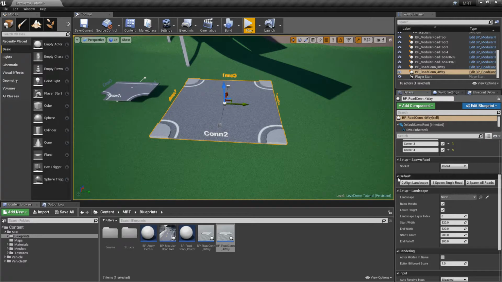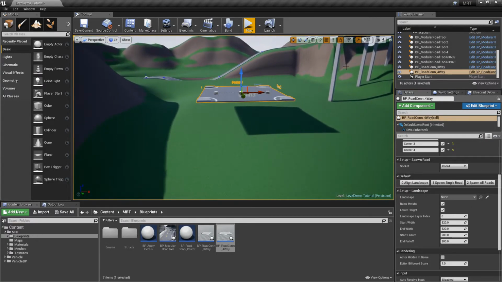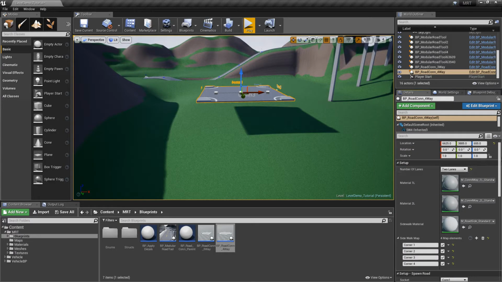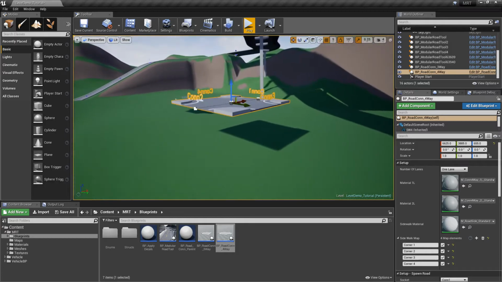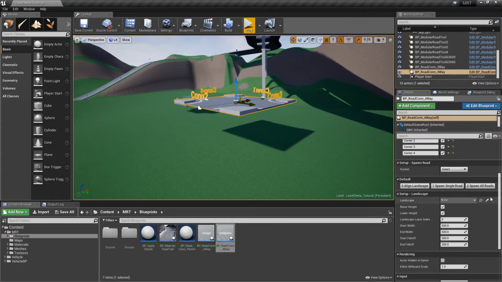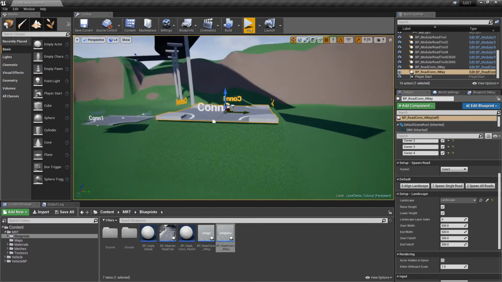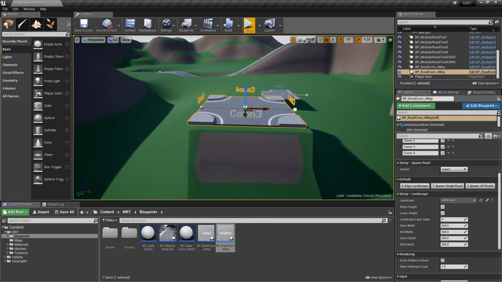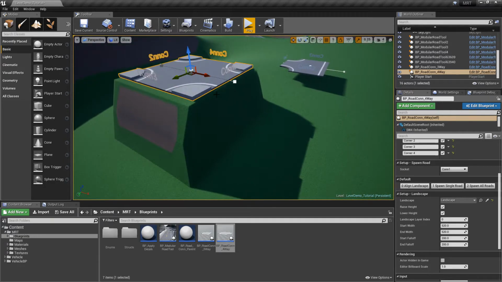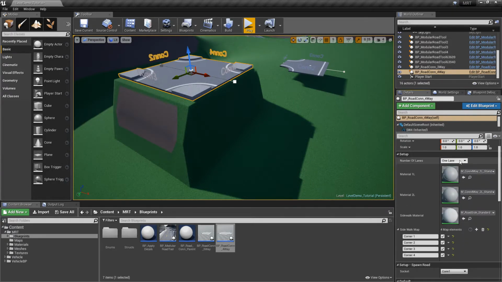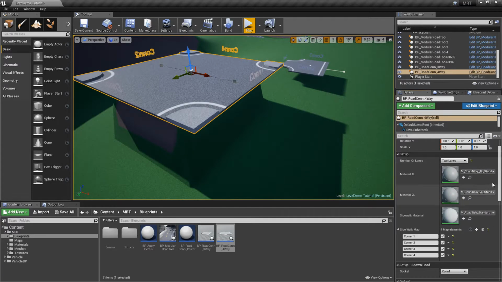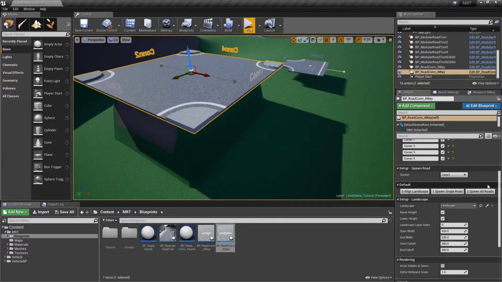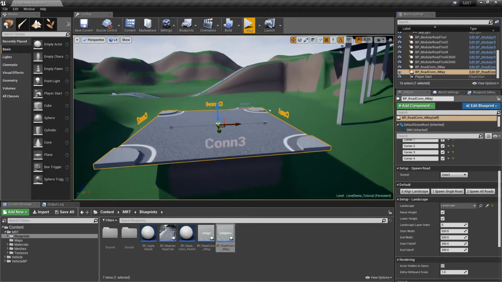The first one is align landscape, and it's just like that sounds, right? So if I go back, let's just leave it for 1 lane now, and I say align landscape, I can click and select the landscape and align it, and you'll notice that the landscape, just like the road, rises up to accommodate the connector here. If I go to 2 lanes and I click on align landscape, you'll notice that some of that